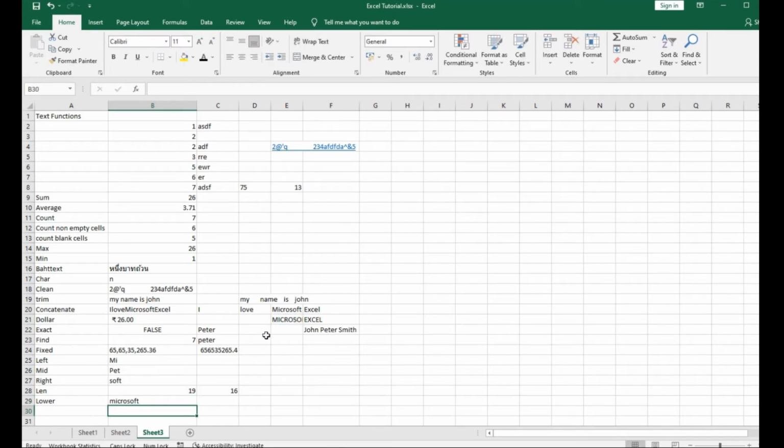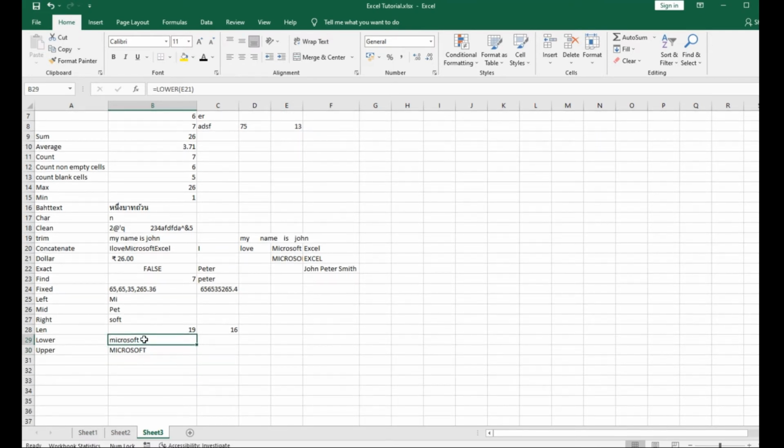So similarly, just like lower, we have the upper function that converts the case of any text to uppercase. So if we do upper here, it converted all the case of the cell into uppercase. So Microsoft is in uppercase now. Now let's check the next function. The next function that we are going to discuss will be